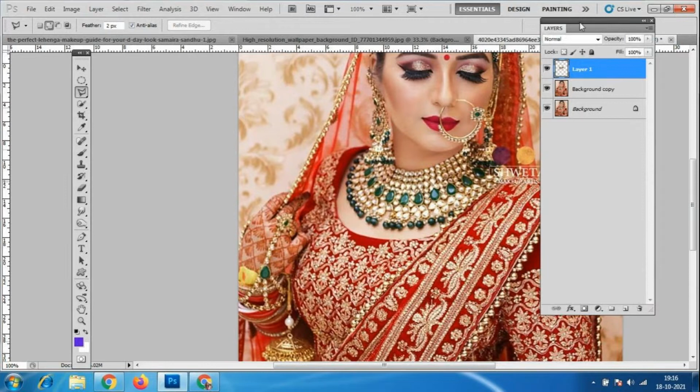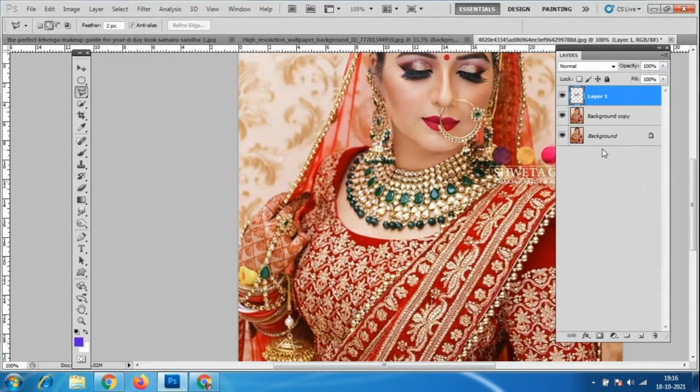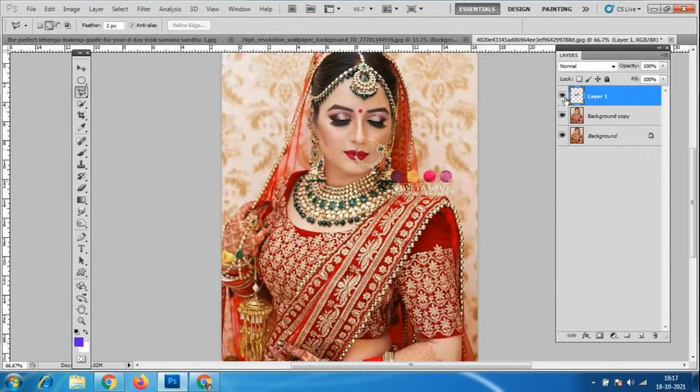So I will select this layer. Already I have taken a copy here. So I'll make this layer completely dark. I want to highlight this ornament, so that's why I have taken it on a different layer. Before itself, I'll make this model completely dark.